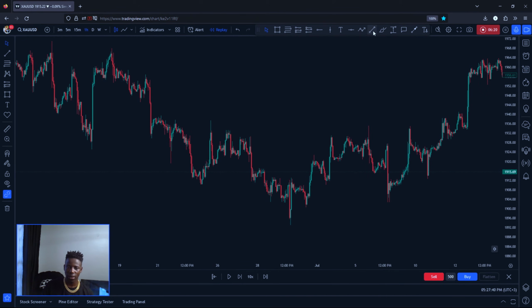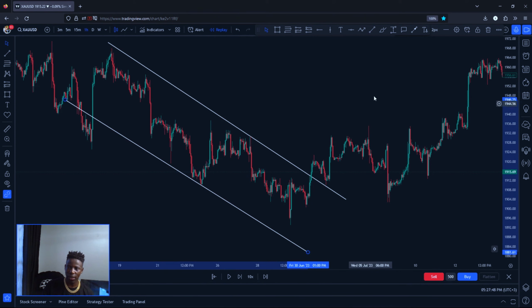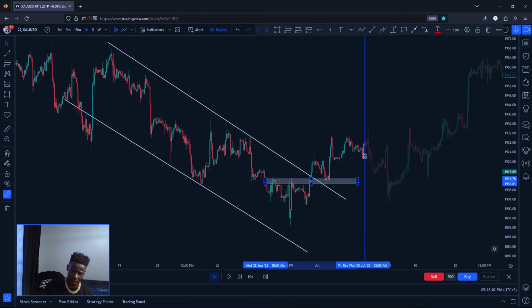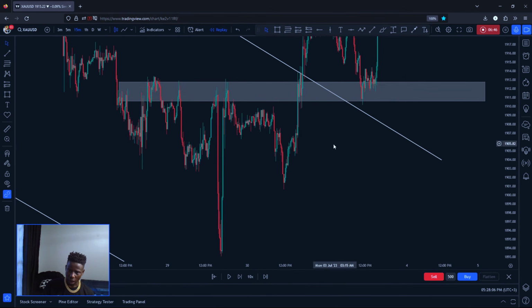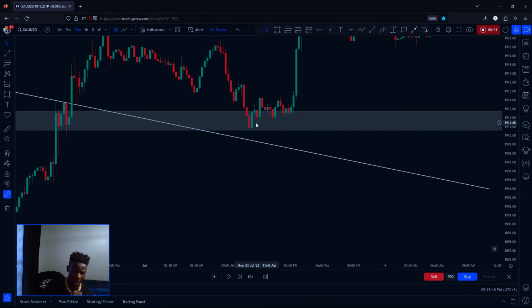You can see this is the 1H. We broke this trend line. Are you seeing that? We broke this trend line to the downside. Then the market decided to break the trend line, then used the resistance as a support. We want to see what candlestick formed around here. Let's go to 15 minutes. Let me cut it here so that we don't go to the present. I want to see the candlestick formed here. It is a bullish engulfing. Are you seeing that?